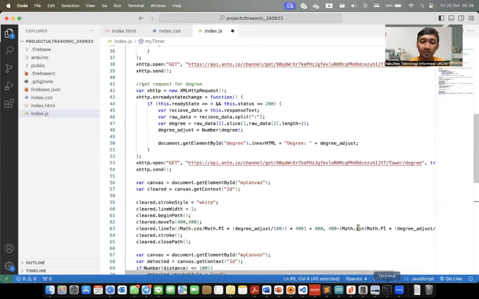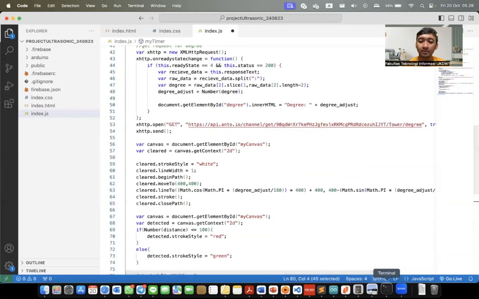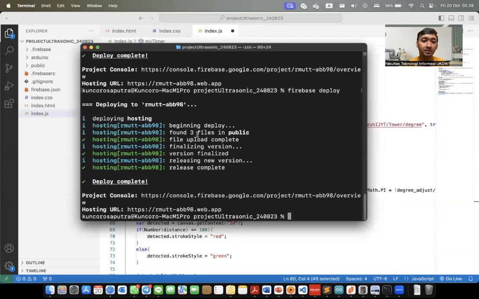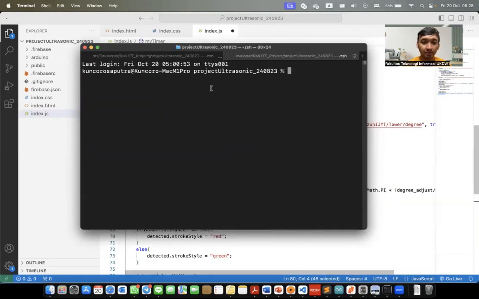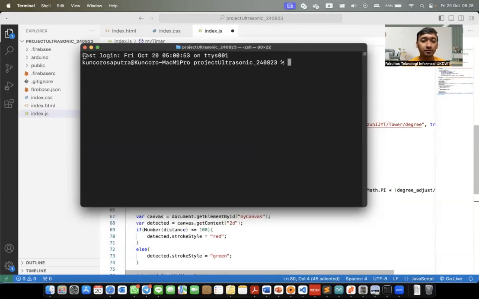For the upload, we can set it like this. I will create a new terminal, and we go to our project directory here.